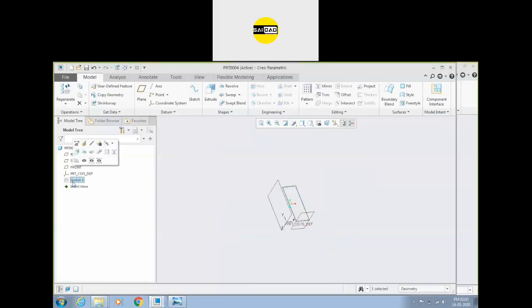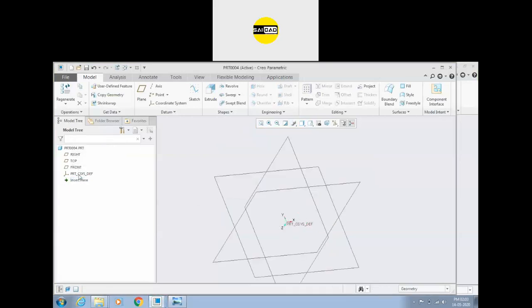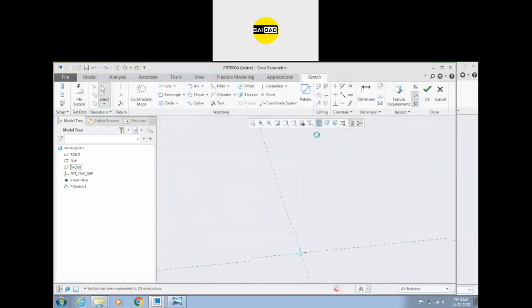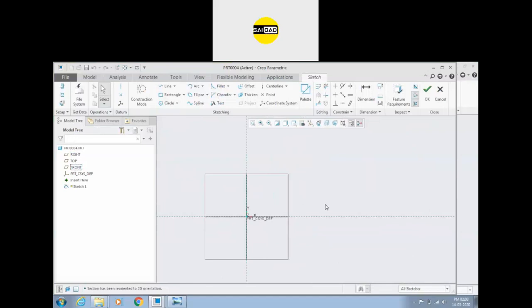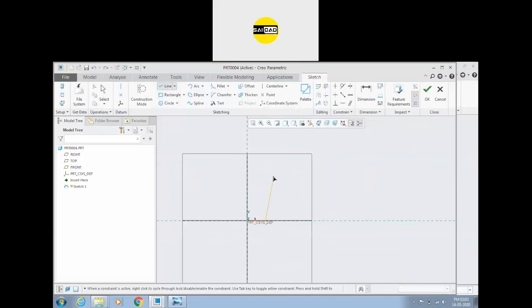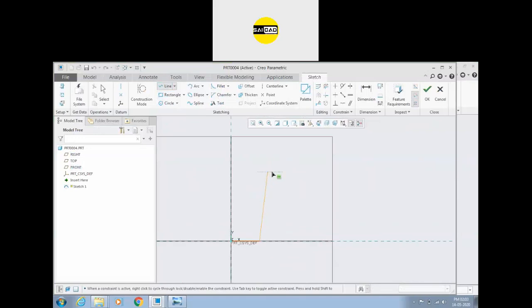Next, if you want to change the shape to another type, you have to create a sketch again. Suppose you want to create a cup. I'm going to create a shape. I'm going to use the offset command.